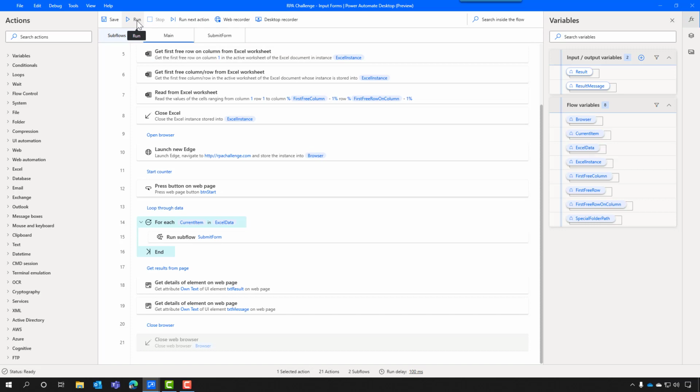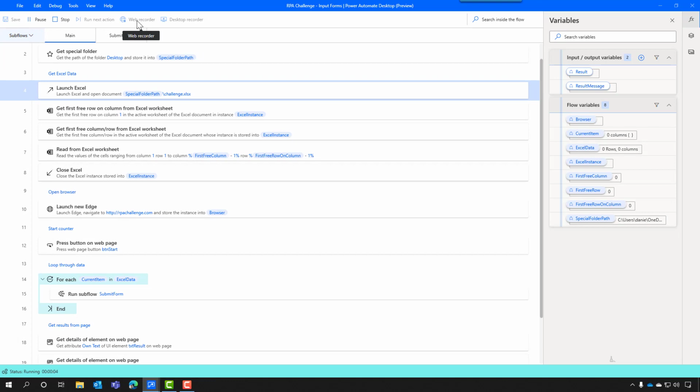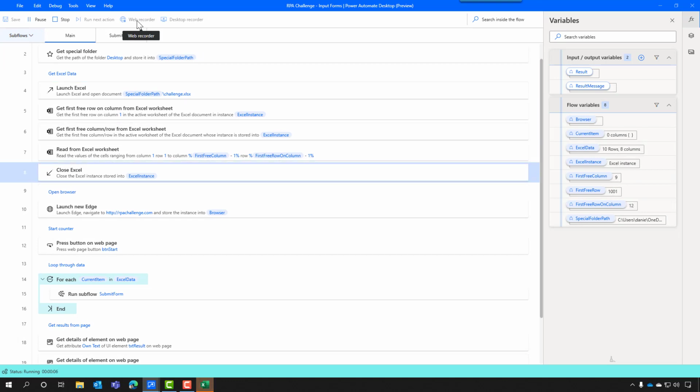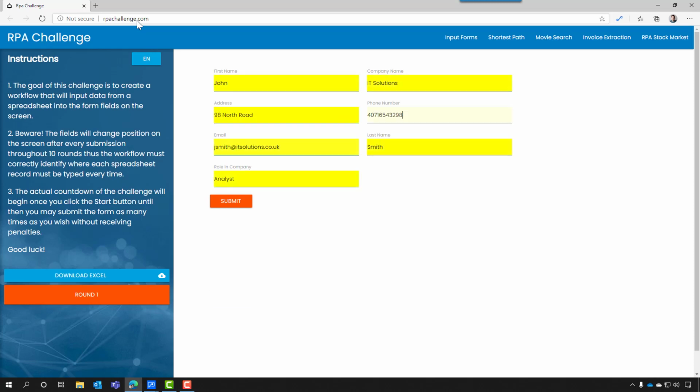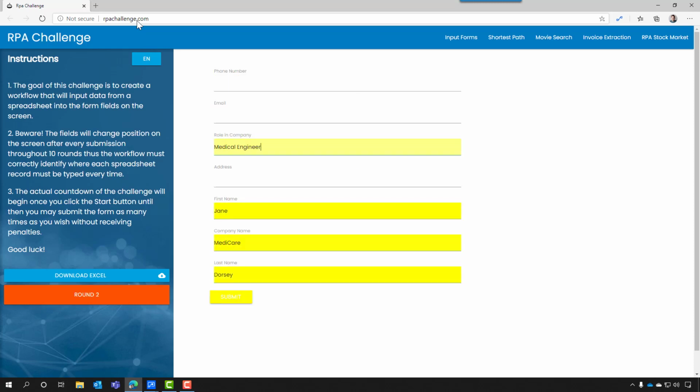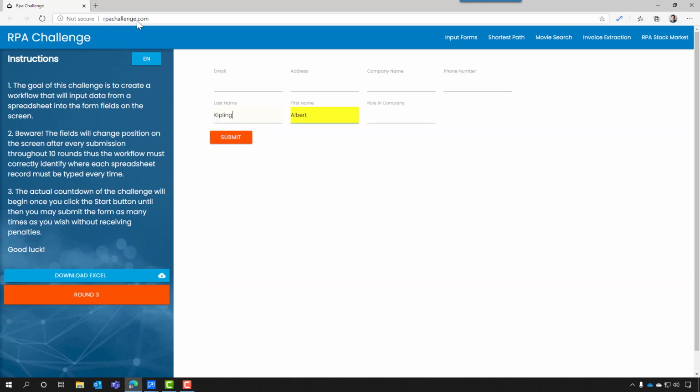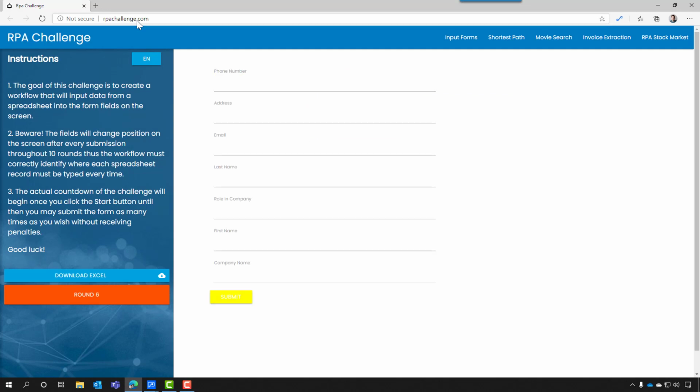So let's just run this and I'll show you what we need from that website in a little bit. So here we hit run. It's gonna open Excel. So you can see that at the bottom, it's already closed now. It got all the data and it's filling all the data in the Edge browser. So it goes through it one by one. And this takes a little while, but we have 10 rounds